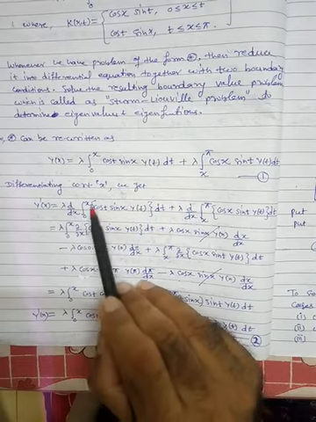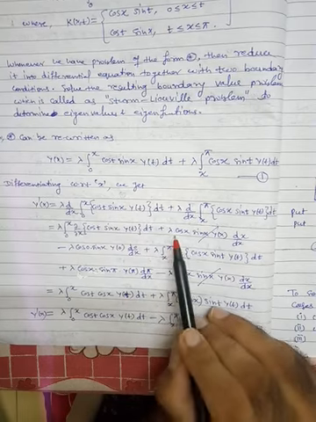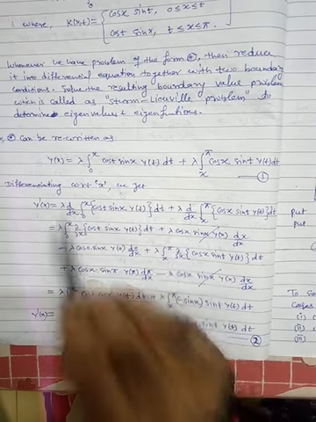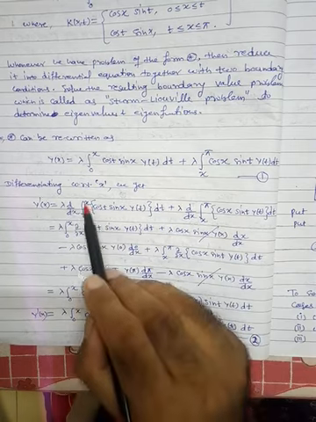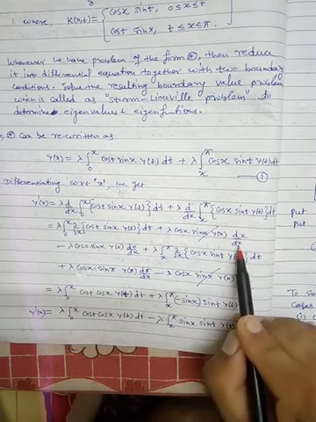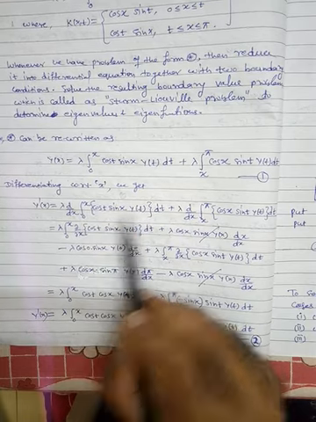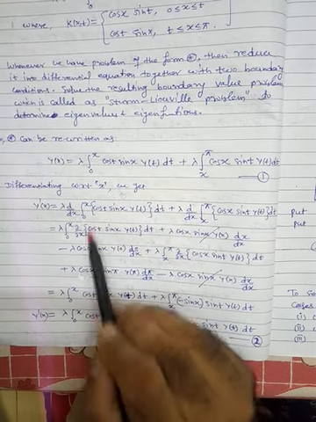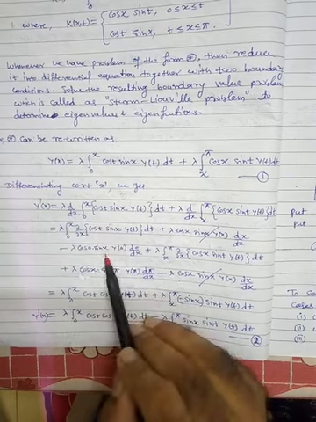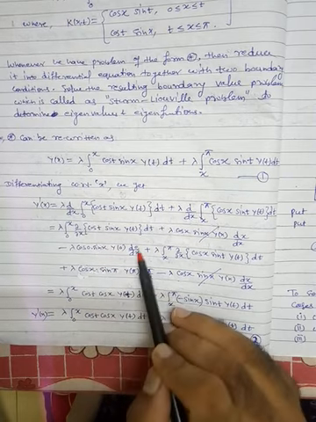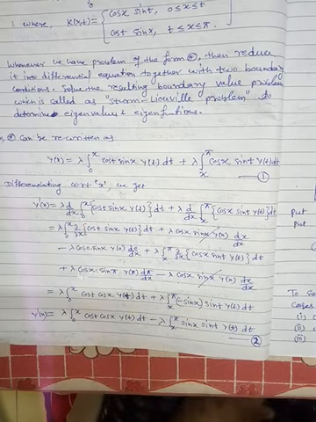The upper limit is x. So cos x sin x y(x), so lambda cos x sin x y(x). And now differentiate the upper limit with respect to x, so dx by dx. Minus, now substitute the lower limit, t equal to 0. So lambda cos 0 sin x as it is, y(0), d0 by dx, differentiating the lower limit with respect to x.